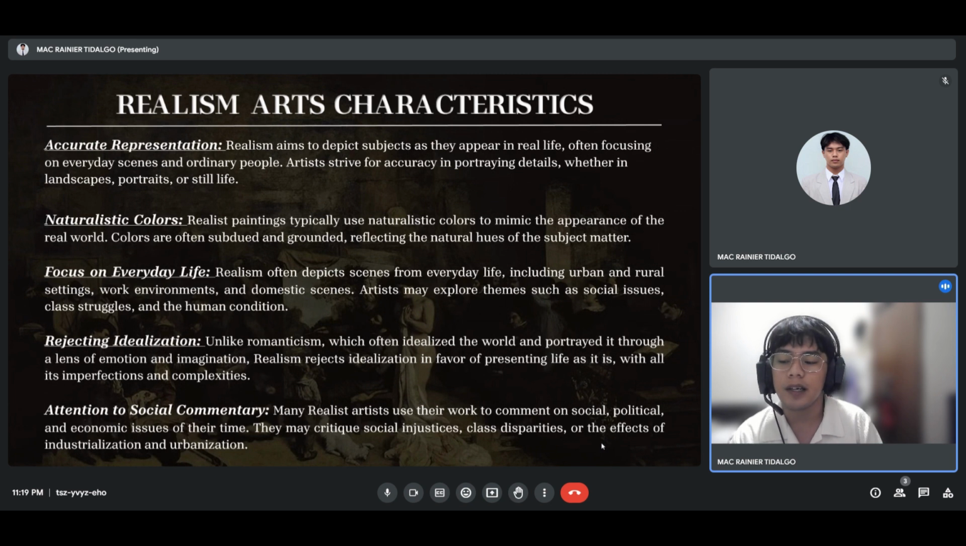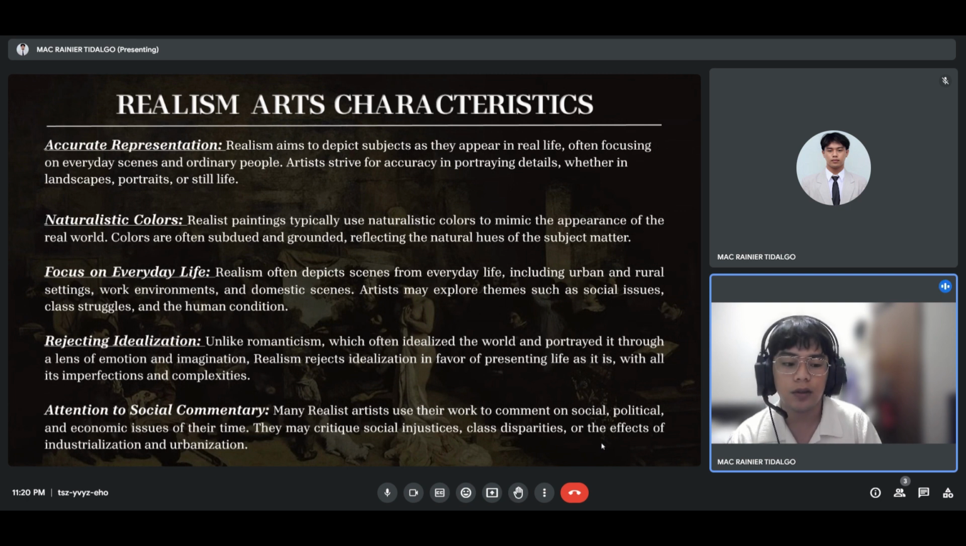The next one is focus on everyday life. Realism often depicts scenes from everyday life, including urban and rural settings, work environments, and domestic scenes. Artists may explore themes such as social issues, class struggles, and the human condition. So